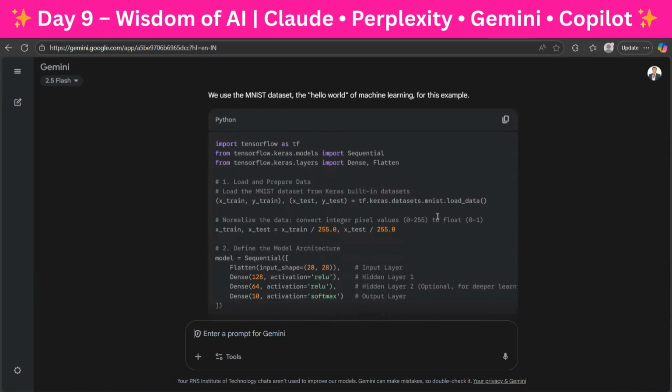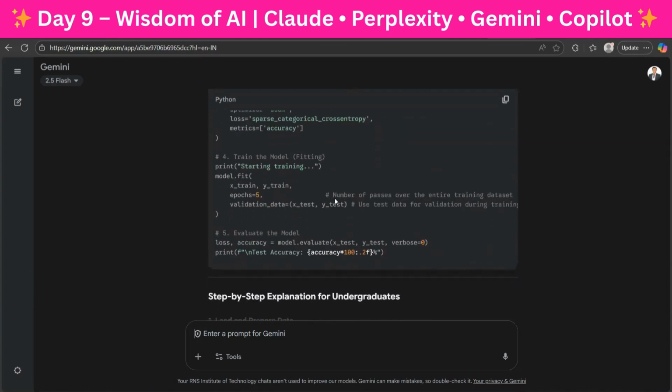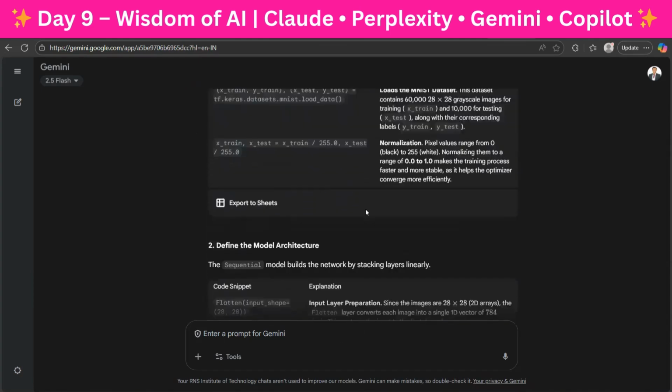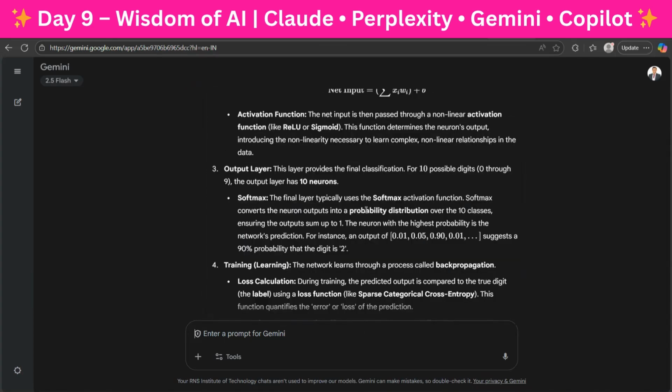And it has also given you a Python code with comment lines so that anybody can easily understand, and there's a step-by-step explanation for undergrads also. So this Gemini is another very useful tool, and the power of Gemini is more. The objective of this session is to show you that it is not only ChatGPT. There are so many other LLMs that you have to explore.